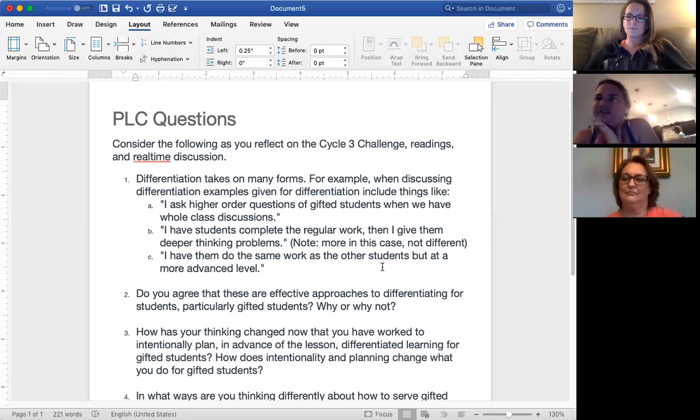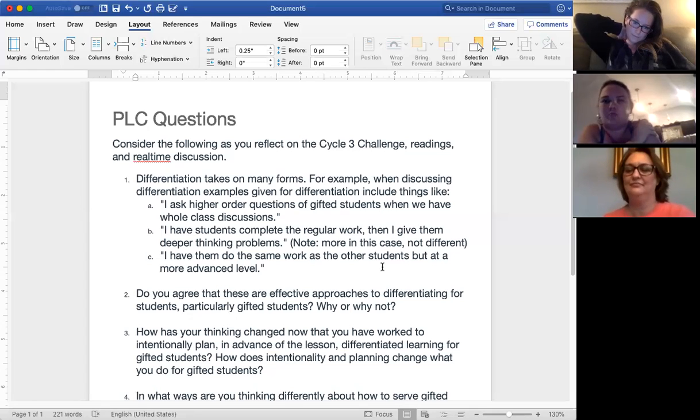I try to differentiate. I try to have the groups. I try to have the extra work. But I think I need to look at what my extra work actually is, so that it isn't just extra work, that it's meaningful. Exactly. I differentiate my homework for my low kids versus my high kids: different spelling words, different math, different reading that fits their needs.